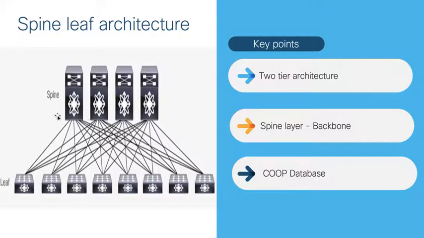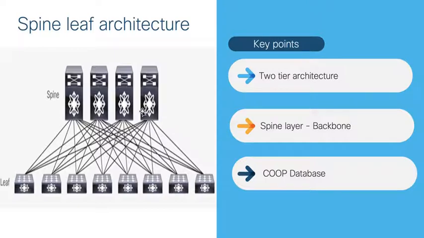Basically, the spines at the top are mostly Nexus 9500 series switches, and the leaves at the bottom are Nexus 9300 series switches. But for more details and compatibility about speed etc., I would recommend verifying the Cisco Nexus 9K datasheet, which is available and understandable. So here we will discuss the two tier architecture that ACI is using.